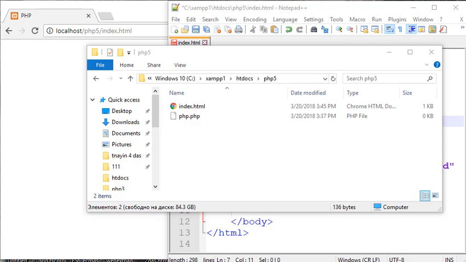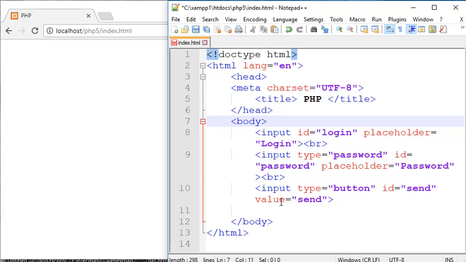Hello and welcome to another tutorial where we're still discussing PHP, and for today's lesson we're going to talk about AJAX, which is the art of exchanging data with a server and updating parts of a web page without reloading the web page. And go ahead and create an index.html in your htdocs, and I already have my little code